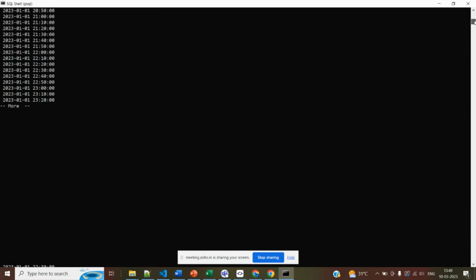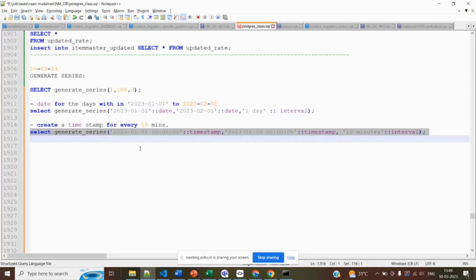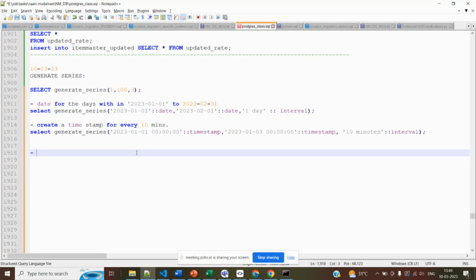So this is a customized one. You can generate the time series for anything if you wish, as per the requirement. So let us do it for some decimal values. Let us try for some decimal values. Select generate series of, for example, I want to generate some decimal points from 0 to 1,